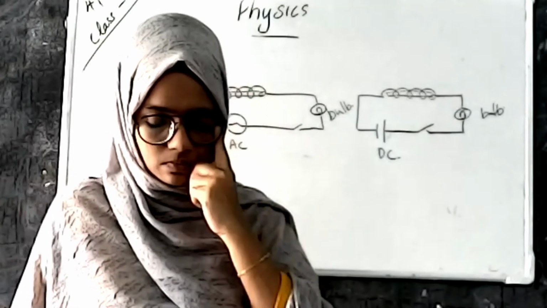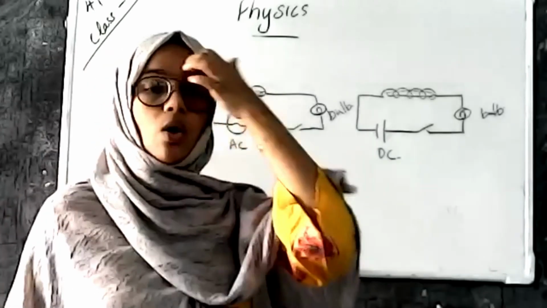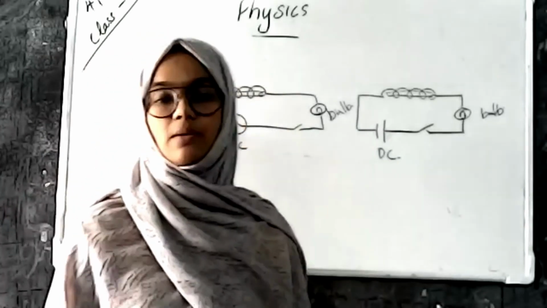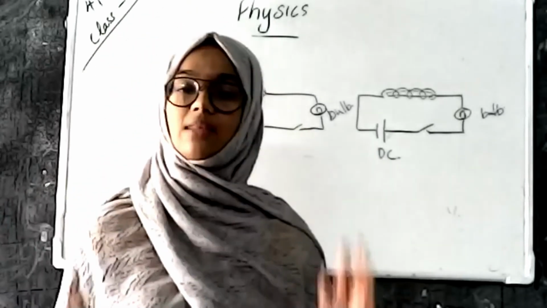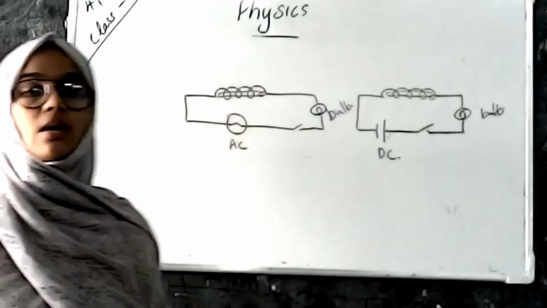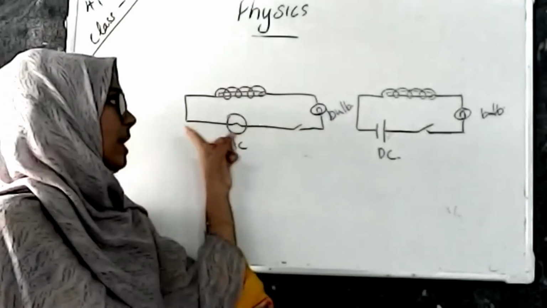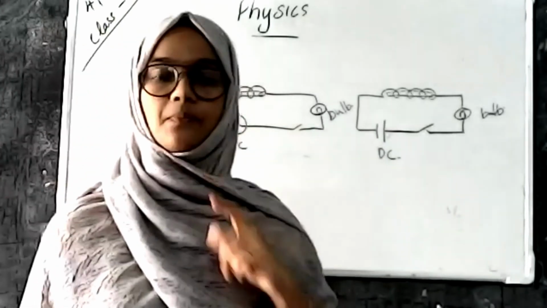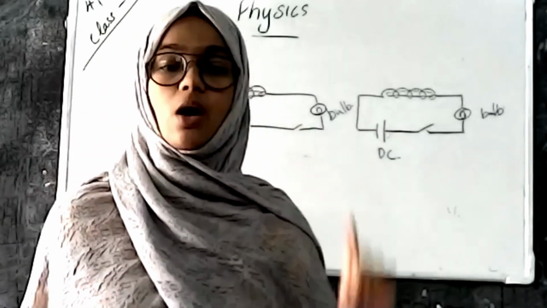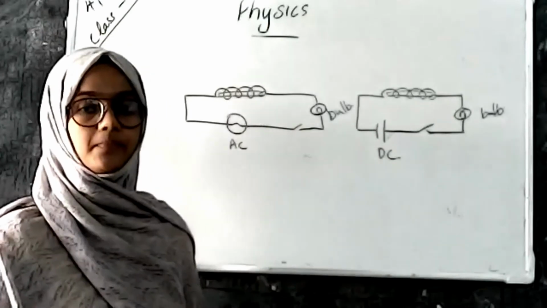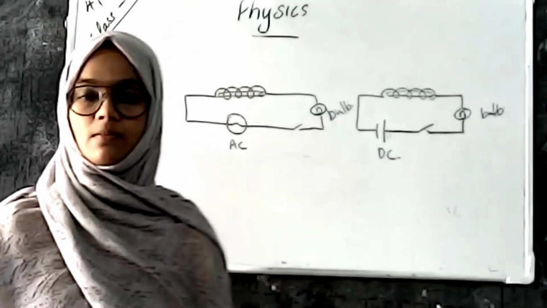Here is a soft iron core and there is a conductor. And we already discussed what electromagnetic induction is, and that electromagnetic induction is the basis here. Self-induction occurs when the AC or DC is passing through it. A back EMF is produced here, and that back EMF is opposite to the applied one. And that phenomenon is known as self-induction.